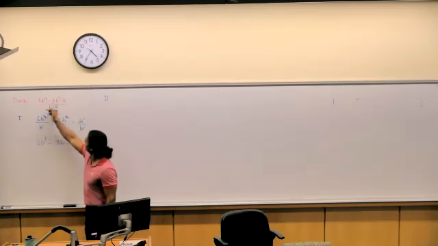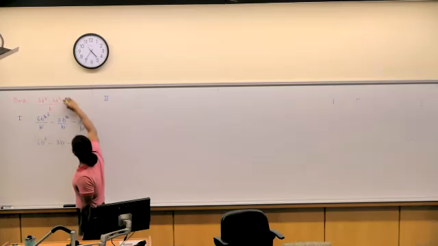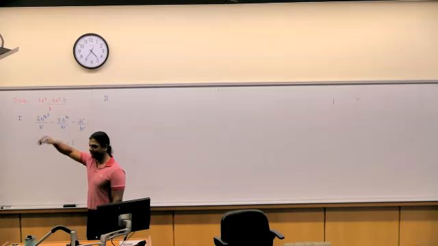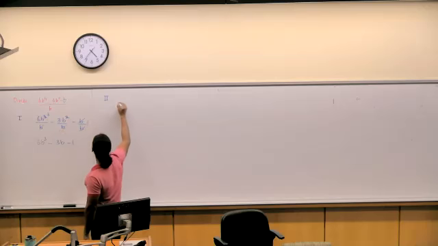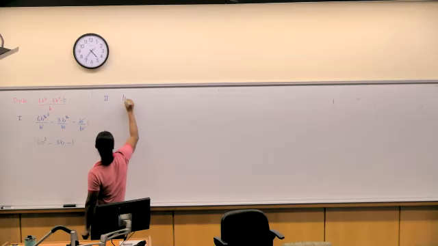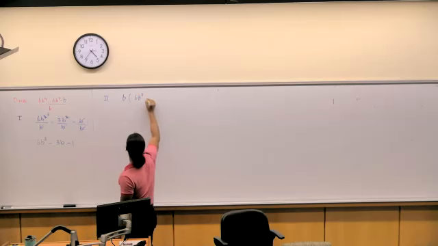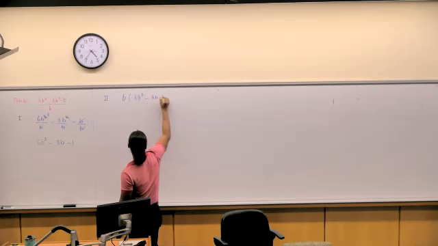You see 3 here? Oh, that's a b, not a 6. So b raised 4, b squared, b, I have a b in common. So if I pull b out, I have 6b cubed minus 3b minus 1